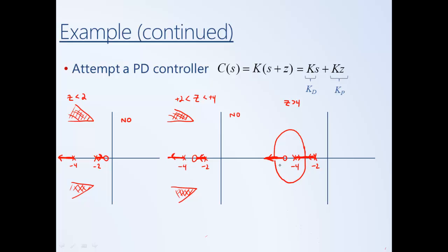and these two branches, one is going to be trying to get to that 0, the other one's going to be trying to get to the 0 at infinity. And so they break in, and one goes to that 0 and the other goes to the asymptote. And so this is the shape of the root locus that we arrive at. We draw in our region that we're trying to achieve,